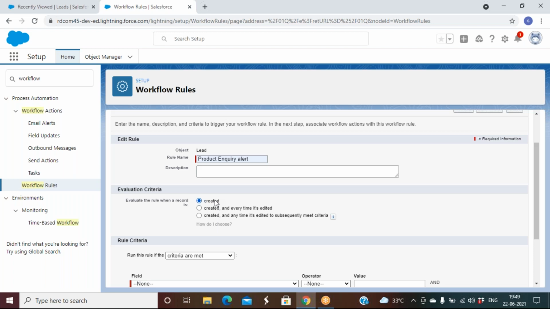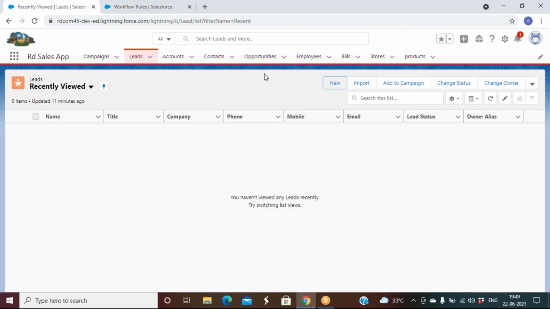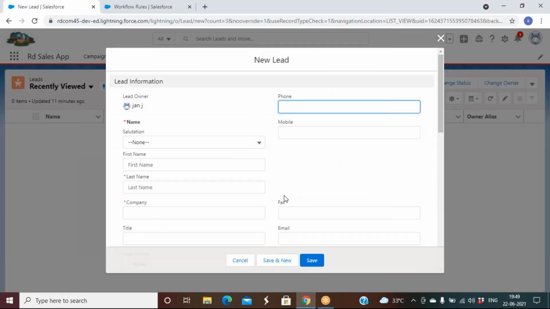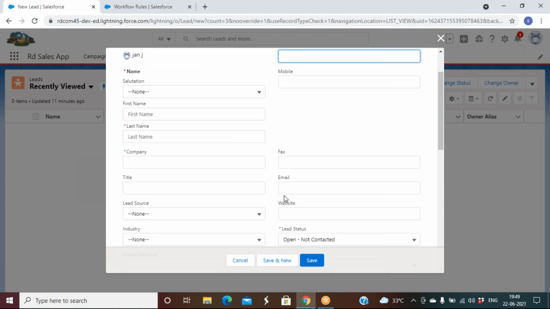I want to send an email alert when a record is created on the lead object. We are not expecting to send an email alert when a record is edited, right? We are expecting to send an email alert when a record is created.